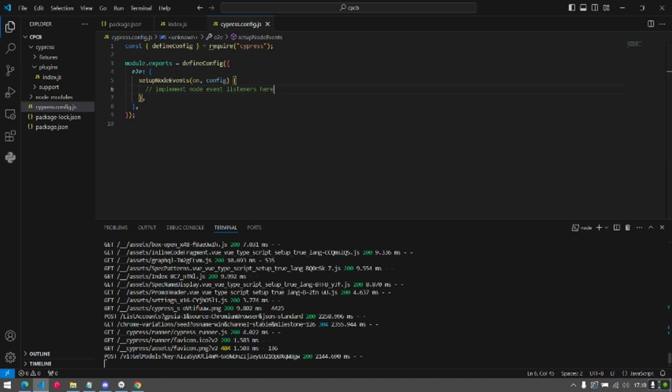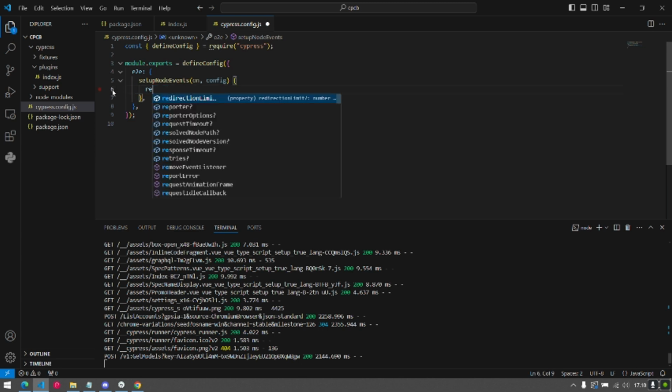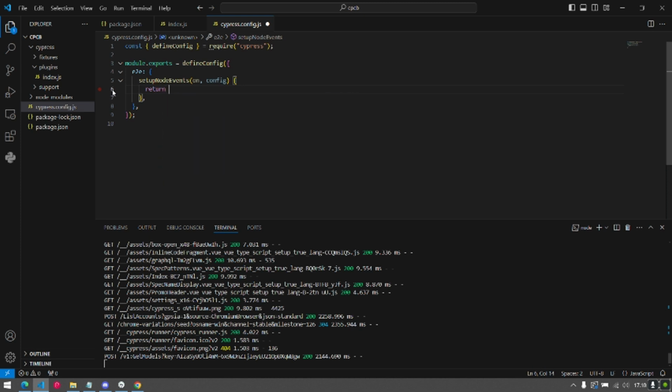Inside the E2E section, you can add return require, where the index.js file is located.